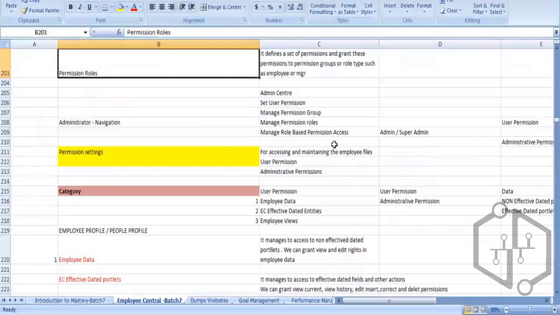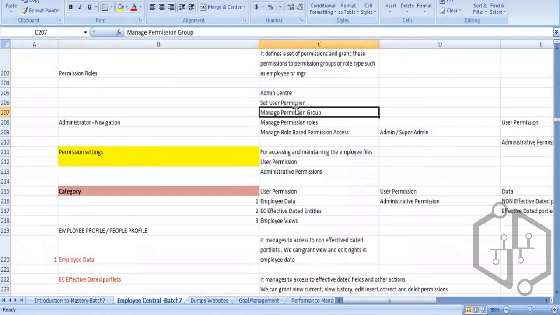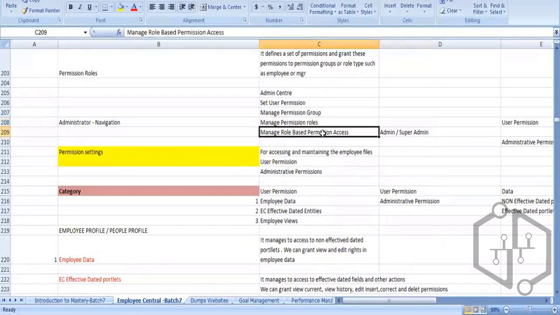Okay, here when you go and see, the permission group is there, under set user permission, the permission role is there, the manage role based permission is there. Then we also have this one,